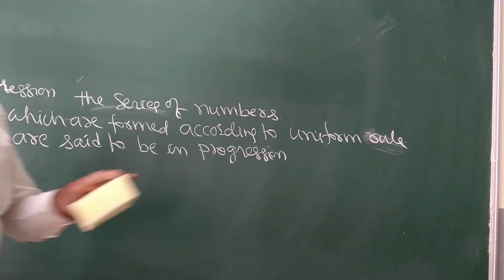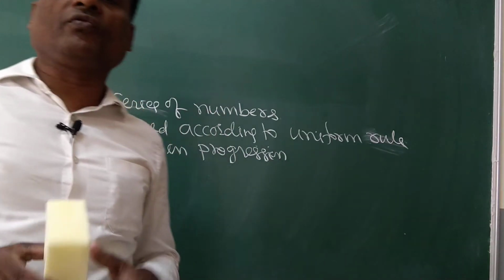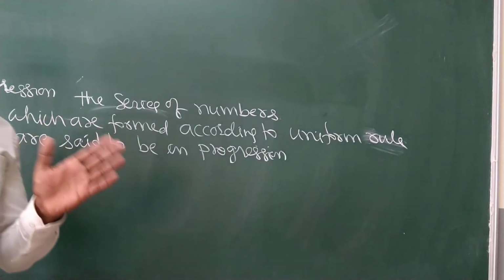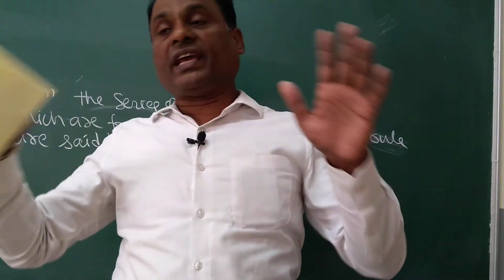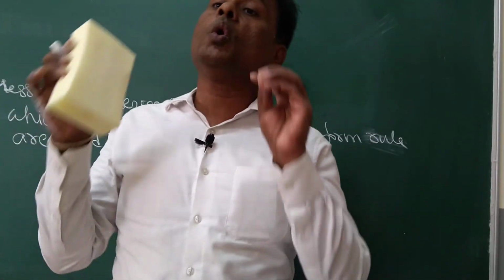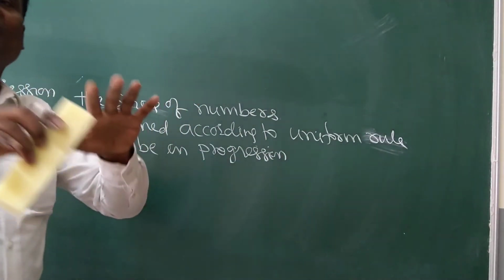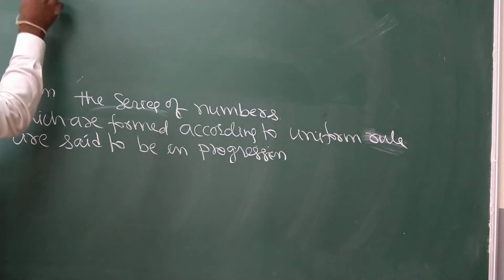Now, in this entire chapter, maybe 4 to 5 exercises. We have only two types of progressions. One is arithmetic progression and the second is geometric progression. For the first 3 exercises, we are going to study only arithmetic progression. So in this chapter, it is divided into 2 parts. Now we are going to the first part, right now, arithmetic